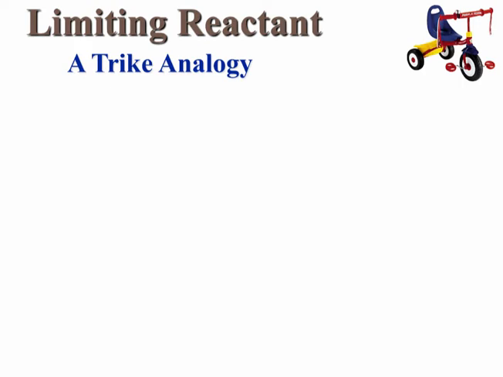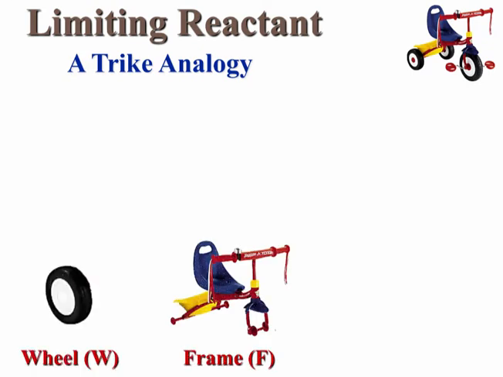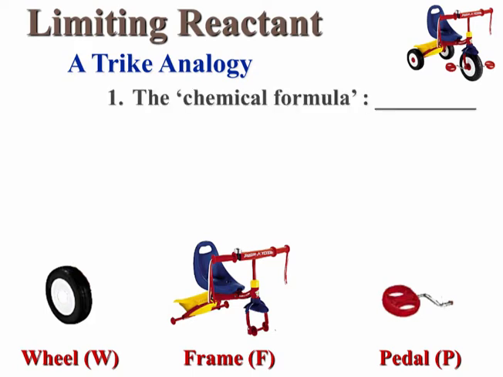We're going to talk about making trikes from their parts. These trikes will be assembled from wheels, frames, and pedals. Based on these pieces and their symbols, let's try to write the chemical formula for a trike. That's 3 wheels connected to a frame that also contains 2 pedals. So the formula is